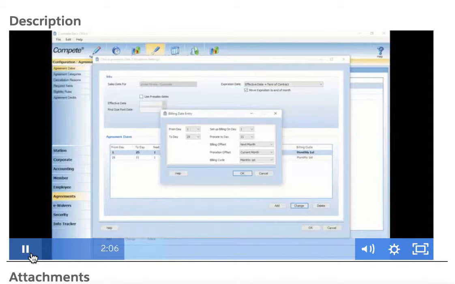In this example, we see that our first segment covers day 1 to day 25. If a member signs up between day 1 and day 25, they will automatically have their billing set up for the first of the month, and they will prorate to the 31st or the last day of any given month. We will set the billing offset to next month, the proration offset to the current month, and the billing cycle